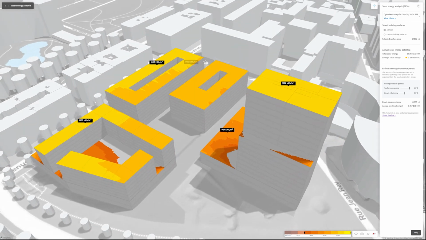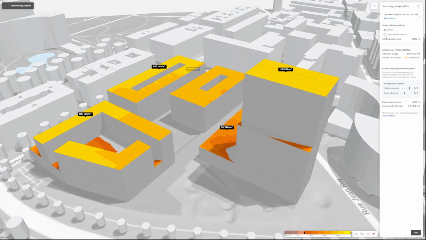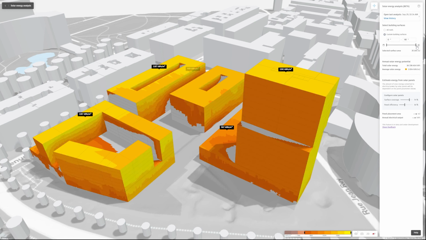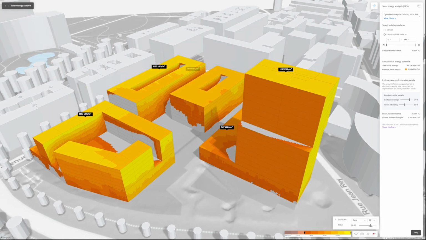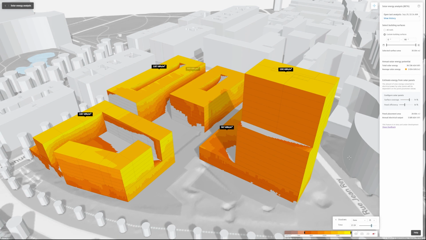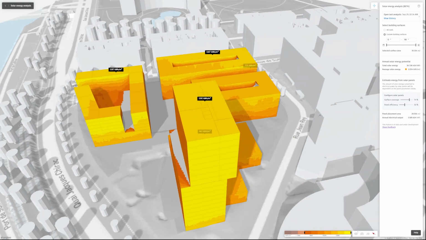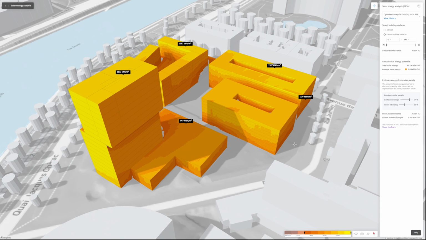Harnessing solar energy has become an important part in driving more sustainable building designs, to help you optimize your site and buildings on it for energy efficiency and to contribute to your project sustainability targets. The analysis will help you identify which facades or roofs on your site have the most exposure to sun radiation and estimate how much power can be produced by solar panels annually.